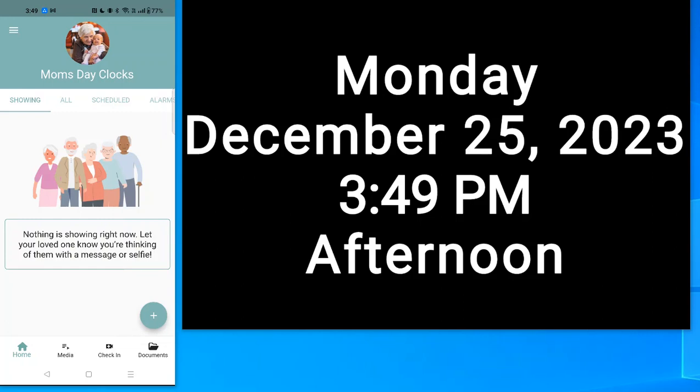The motion detection feature is a great way to track a loved one's wandering about, making sure that they're not up and about, for example, in the middle of the night, maybe going into the kitchen, going into the living room, or on the flip side, making sure that they are in fact getting out of bed in the morning when they're supposed to. The motion detection uses the front-facing camera on the day clock and is designed to